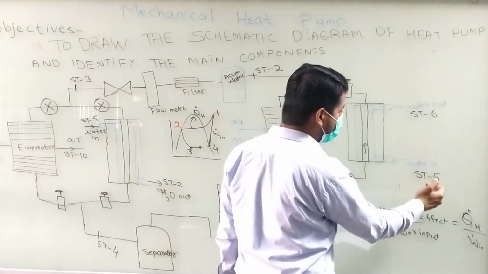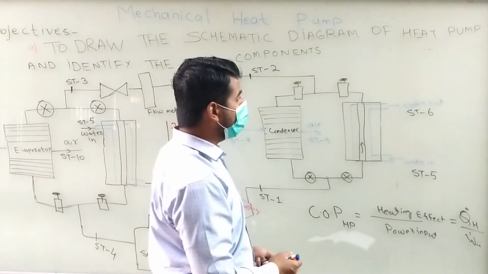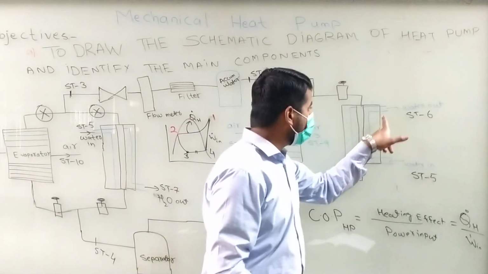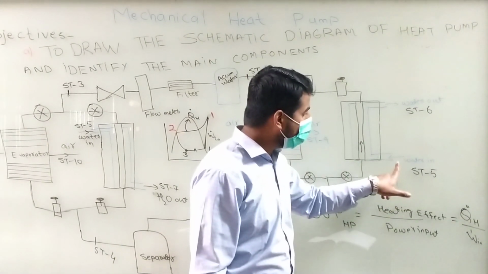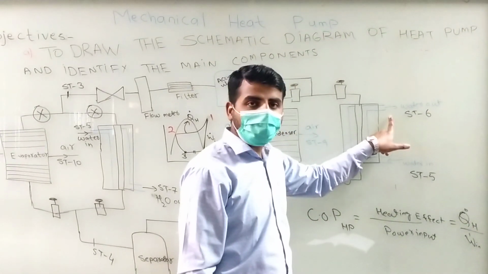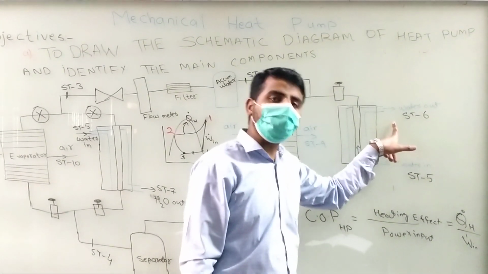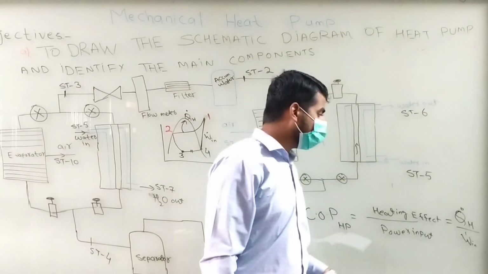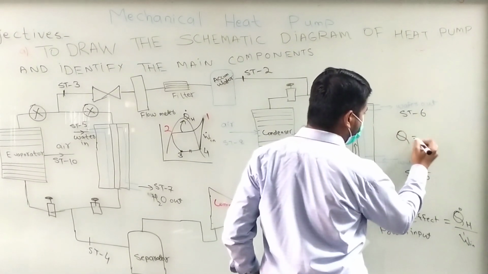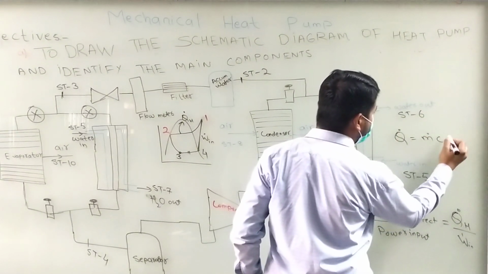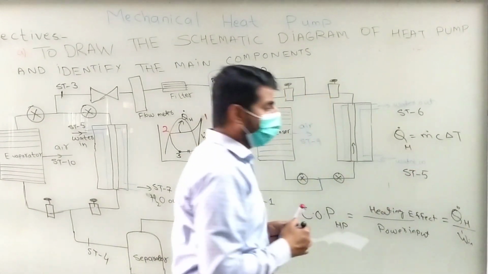You know that ST5 and ST6 are two temperature sensors that have been placed at the inlet and the outlet of the water based condenser. So ST5 is basically the water temperature inlet and ST6 is the water temperature outlet. So using these two temperature sensors, I can calculate the sensible heat absorbed by the water, because there is no phase change involved, and you have studied in your mathematics, Q dot is basically equal to m c delta T.